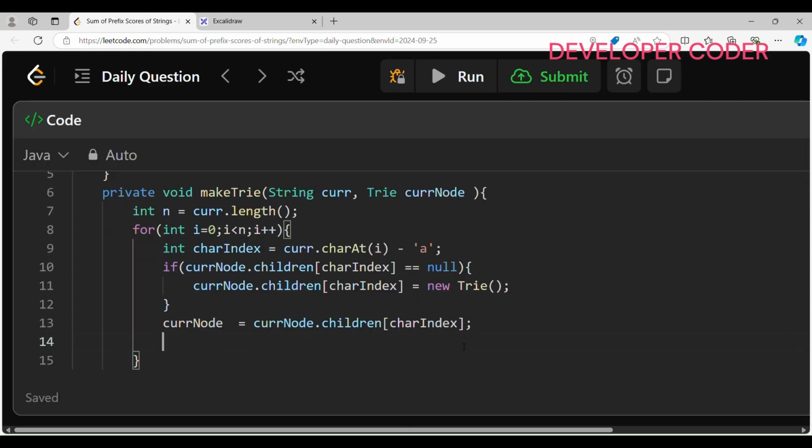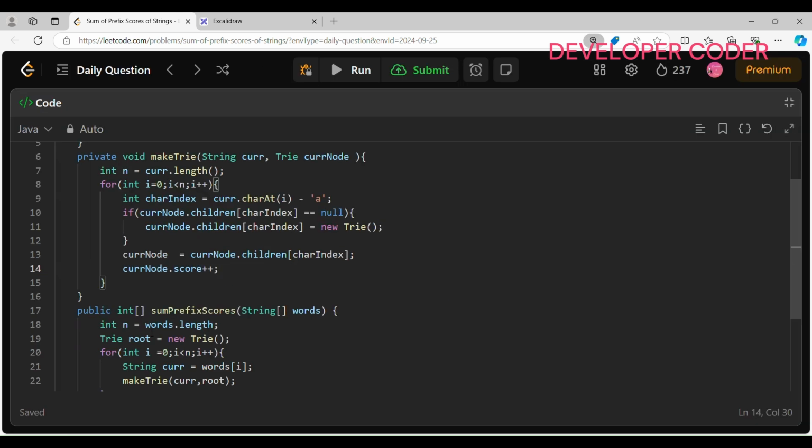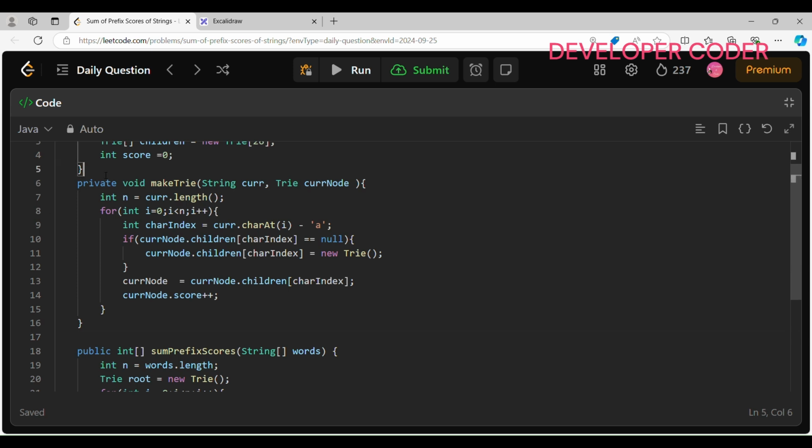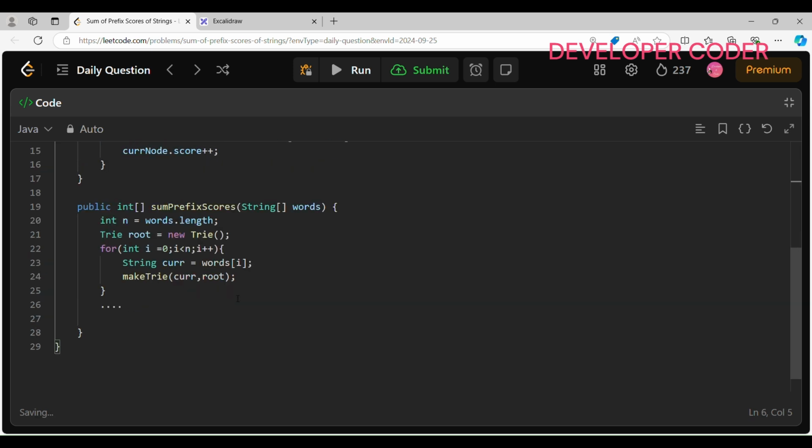This is done. And then for this particular current node, just increment the score now. So currentNode.score plus plus. So for this particular node I have to update the score as well. Okay, so that's it. That's what we need to write in this makeTrie. Okay, this is done here. Once we have constructed this makeTrie, then what we need to do,